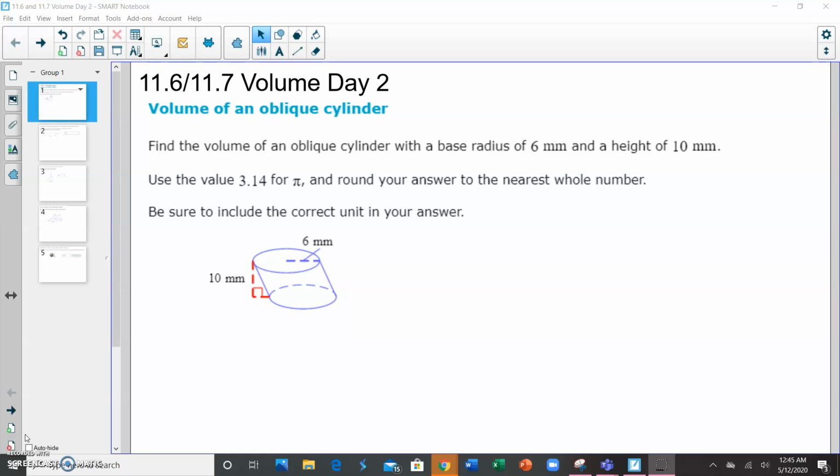Here we are for our second day of volume, and this is our last day in chapter 11. And what we are going to do today is figure out the volume of a cone and a pyramid and a sphere. All right, so we're going to start with the cylinder